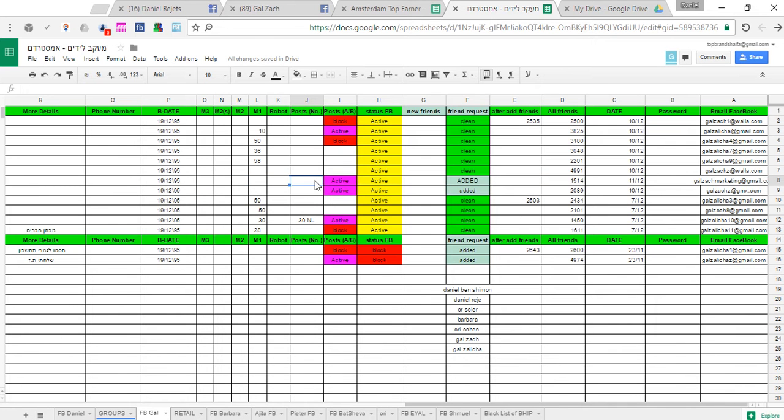Now guys, after you add 300 friends, you need to wait 6 hours. Okay, pay attention. 6 hours. Wait, do not do anything, because let's say that right now you have 2 Facebook accounts, so you added 600 friends. After 6 hours, it's a great time that people already saw a friend request, and they will confirm, some of them. Now the statistics show that it will generate between 10% to 15% of all the friends that you add.